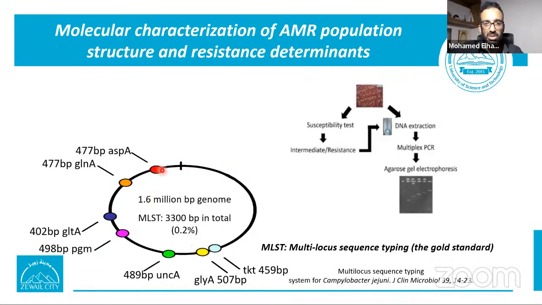By doing simple Sanger sequencing, you can find different alleles, and the alleles assign the bacterium to sequence types and clonal complexes. You are usually targeting just these 7 genes. If you sum up all these genes, you get 3,300 base pairs, which is almost 0.2% of the genome. Okay, so this was the gold standard before the era of microbial genomics, and this is for the clone. So you determine the clonal complex, and you draw a phylogenetic tree using common genetics tools.